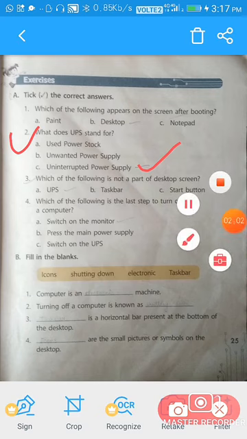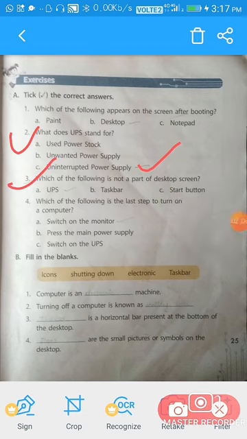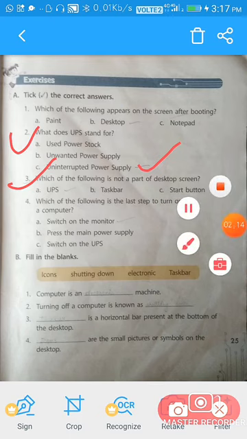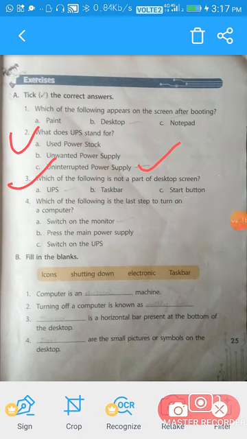Now come to the next question. Which of the following is not a part of a desktop screen? That is UPS. Which option is correct? A option is correct.